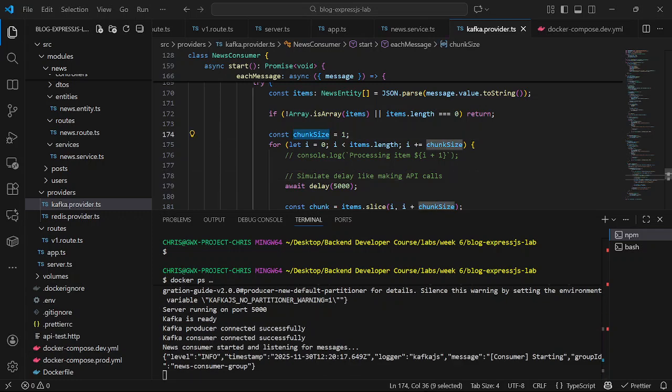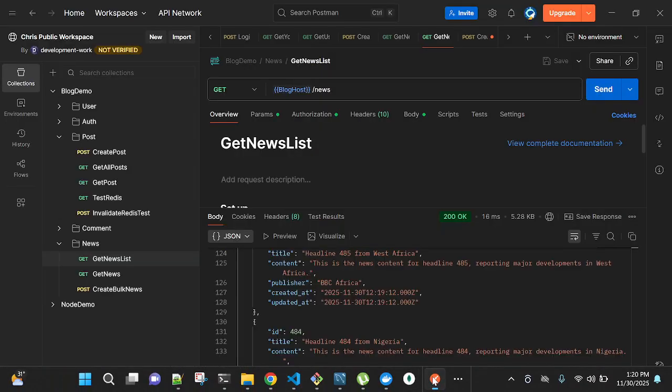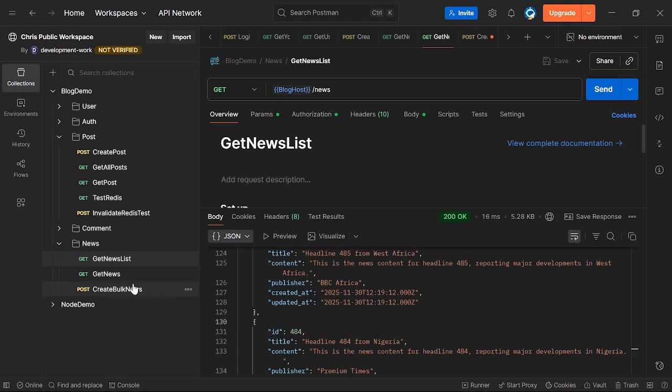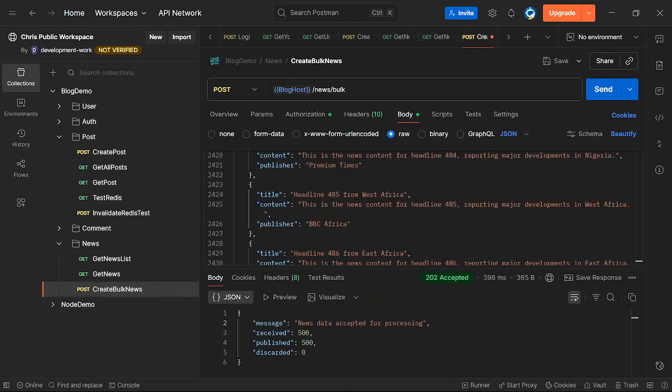So with chunk size of 1, we'll now try and see how it's going to work. But the main point is that if you use the conventional way to implement this API, when they call the API, you start looping through, using a for loop, each of the data that was sent. It's going to cause a problem because the response will not return until it loops through the whole data that you sent.